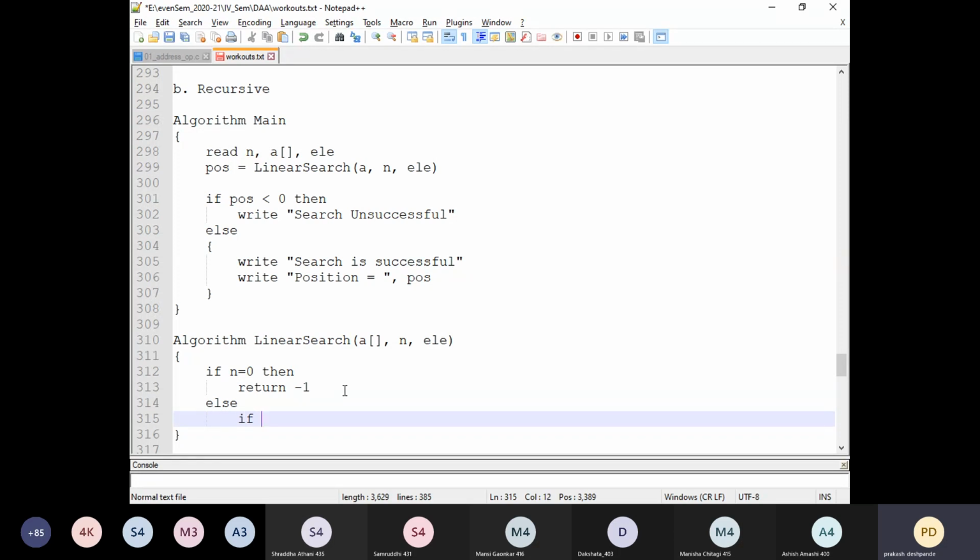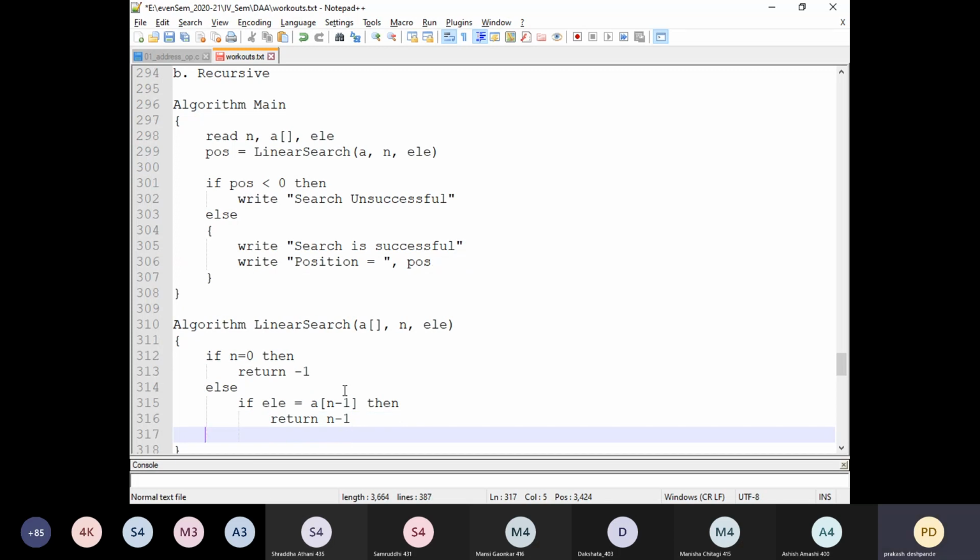What this if condition says: if the element which we are searching is equal to the array element at the n-1 position, if it is true, then we have found the element, and we just return the position. The position here will be n-1.